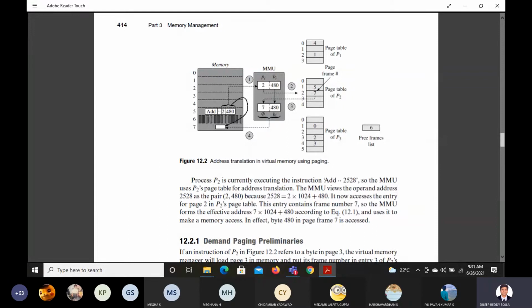Now why did the virtual memory concept come? As RAM is completely full, we temporarily store the data from RAM in the hard disk. I want to give the complete background, so please focus for 5 minutes, and you'll understand demand paging very easily.